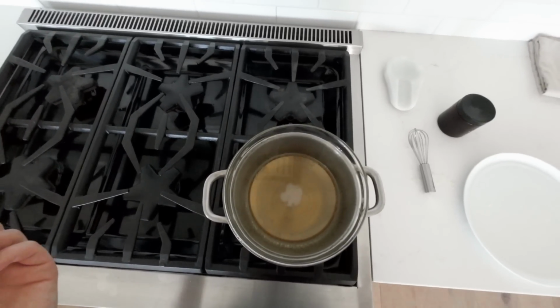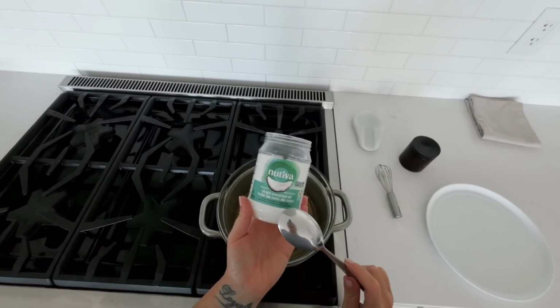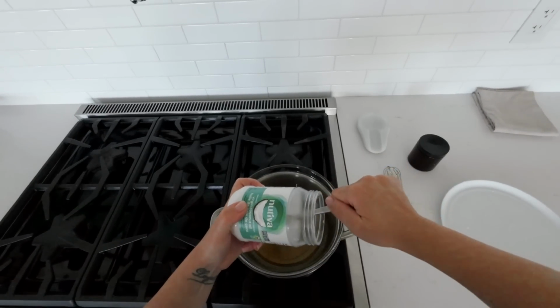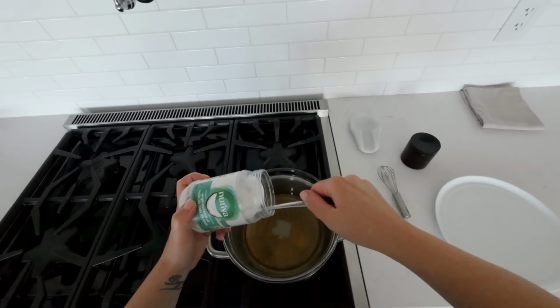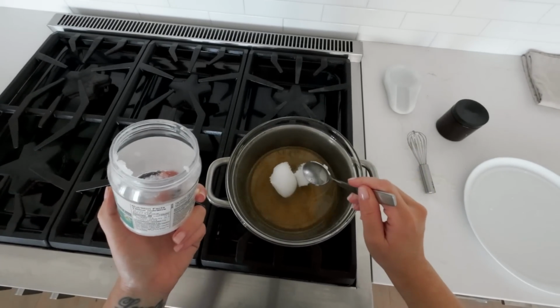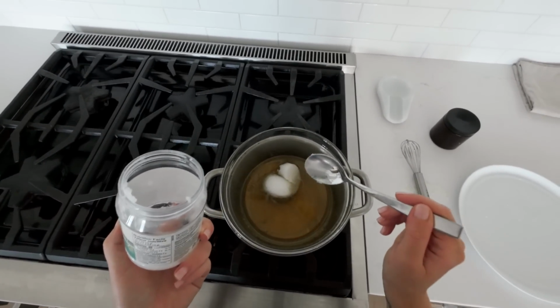So the shea butter is all melted. I decided to keep it simple and just add coconut oil. I know you can add a bunch of different things. It also really depends on your hair type in terms of the ratio, like how much shea butter versus how much coconut oil. I've been experimenting with Kylo's hair over the past few days to see what ratio